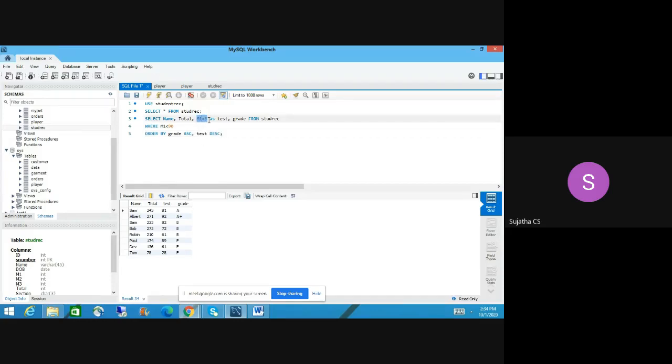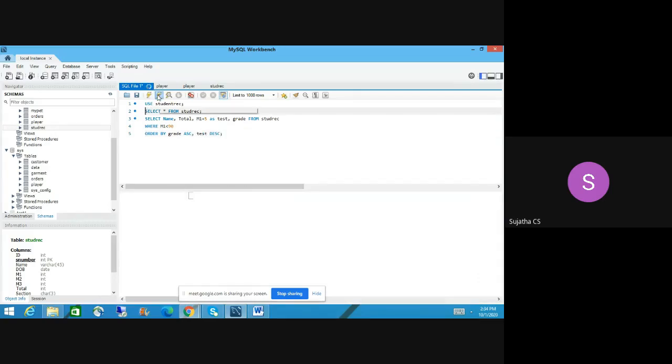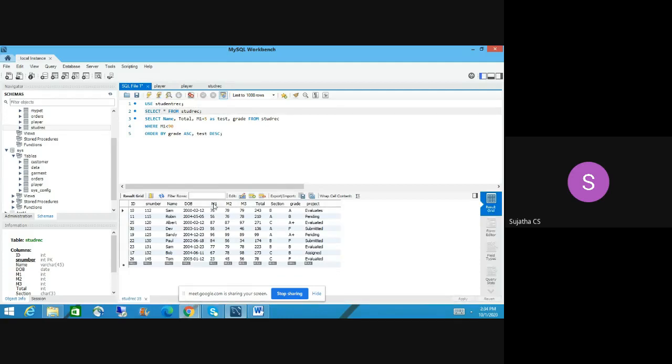Now we have changed our query, M1 plus 5, using an alias name; the keyword is AS. Okay, test. Then when we use some constraint, we have to use that second name. So we used it here. It will display on the result panel, but it won't affect our table. Let's run here. See, M1 is M1. If you want to change the column name, you have to use alter or update or whatever. So the alias name is only at runtime, whatever you assign to that column, it won't affect the actual database.